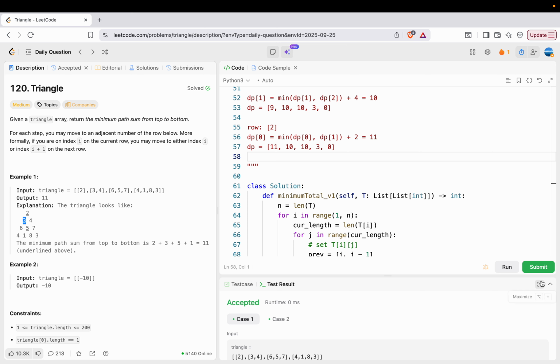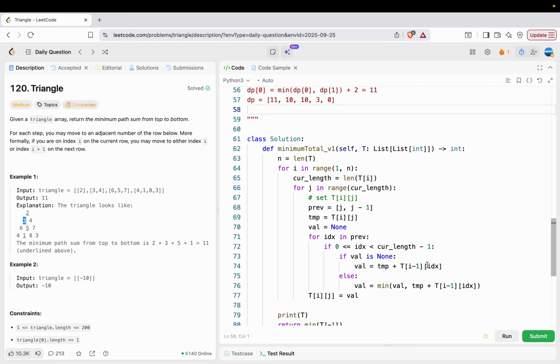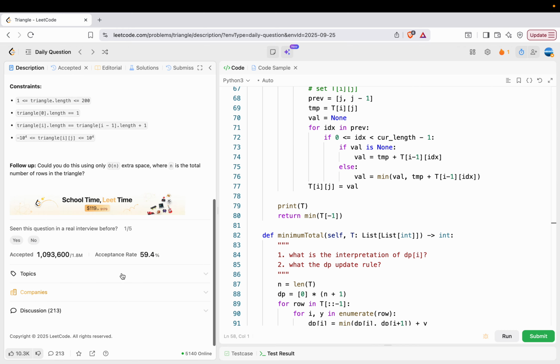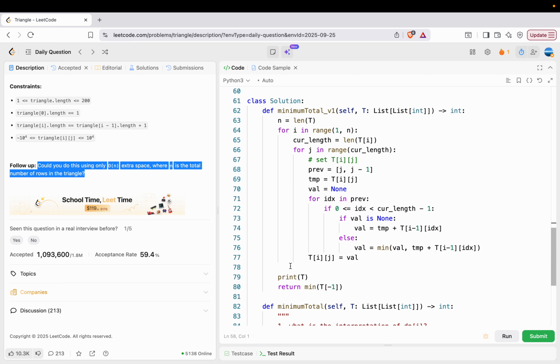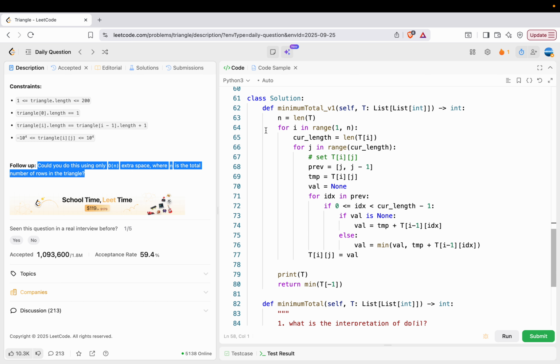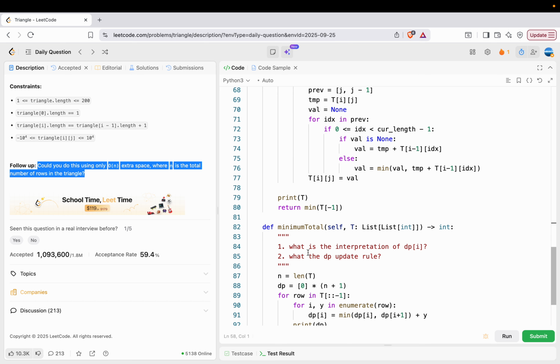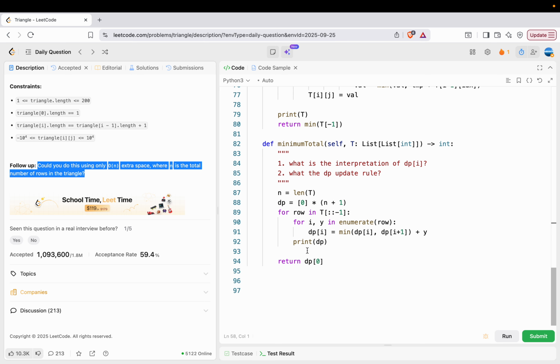I guess we spent too much time on the details, but this is for the follow-up question. Hopefully this detailed walkthrough helps you understand the second way. If I want to write, maybe the first way is what I would write, and then we think slightly deeper to write the second way. With that said, thank you for